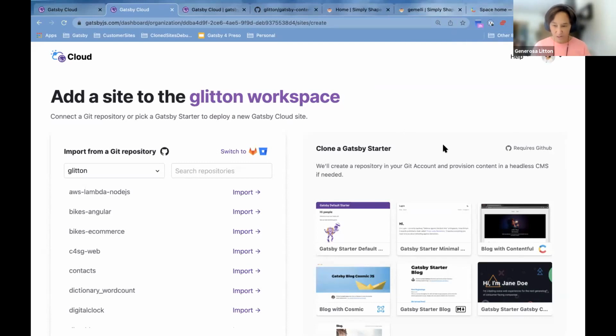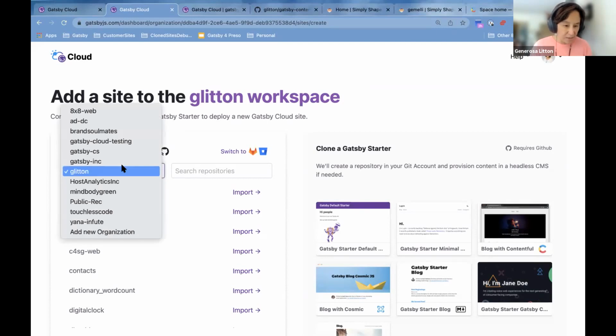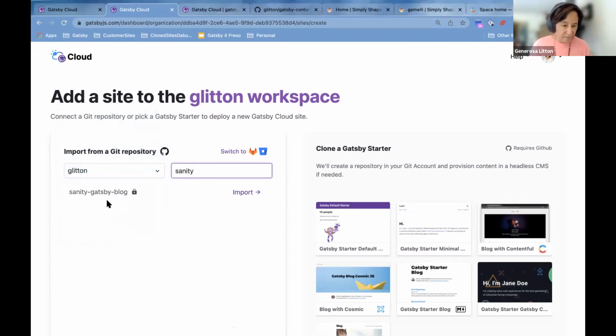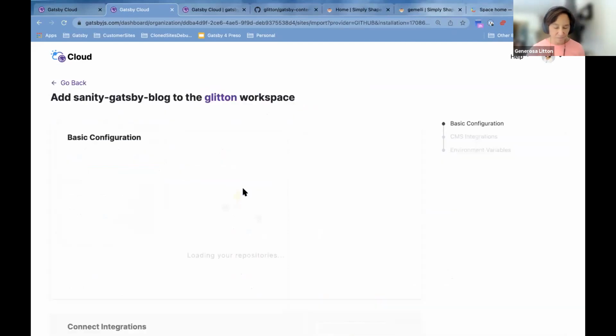The starter is nice because if you don't have a Gatsby site yet, you can just use the starter and get the Gatsby site going quickly. In my case, most of the customers I deal with already have a Gatsby site. So I'm going to choose my Git repo, and I have a Sanity site that I'd like to add to Gatsby Cloud.